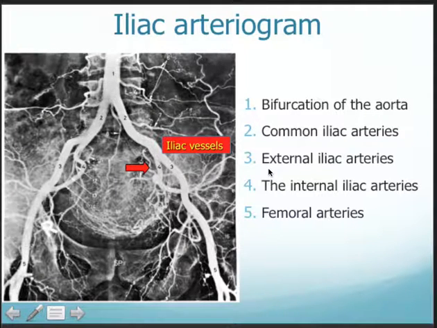This is a picture which shows the relevant blood vessels. This here is the bifurcation of the aorta, the common iliac arteries. 3 is the external iliac artery, 4 is the internal iliac artery, and here 5 are the femoral arteries. If you tie off the internal iliac artery, you tie off the main branch, of course, going to the uterine